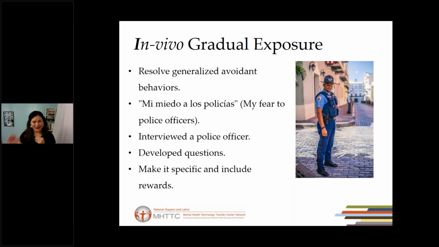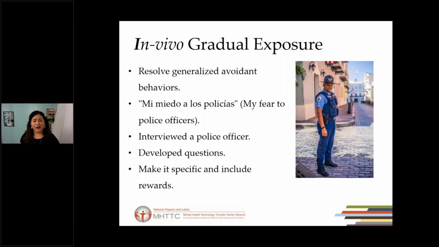So she felt like she said, okay, I want to do that. So I gave her different questions on a paper, and she had sunglasses, and she sat down on the chair that I used to sit, and she started with her pencil and started asking him questions like, what do you do? Why do you arrest people? And what do you love about your job? Right? And she asked a lot of questions, and he was amazed, like this little girl is asking a lot of questions that make sense, right?